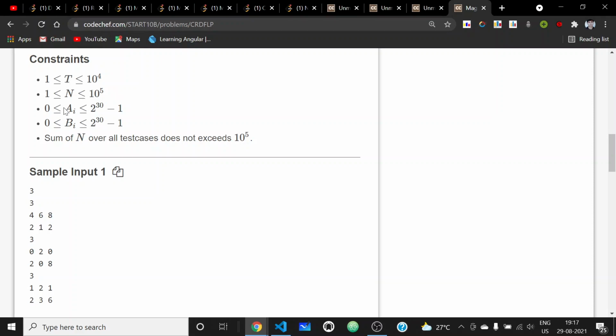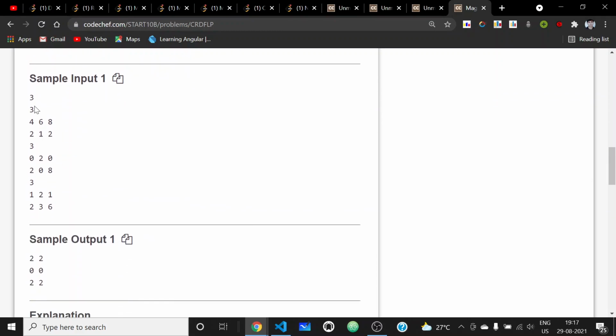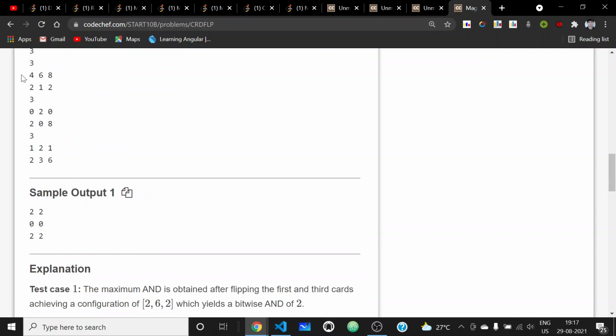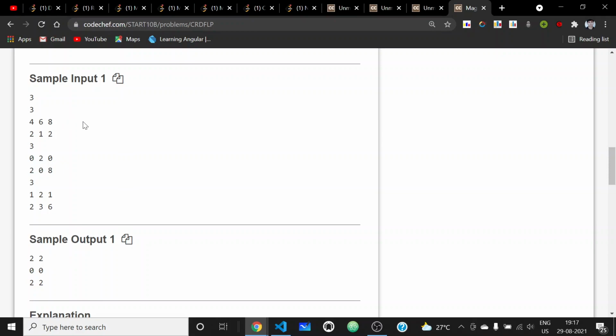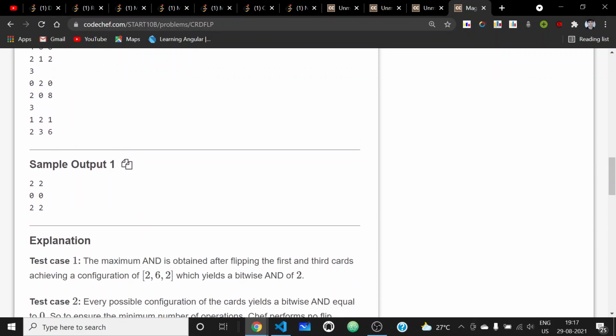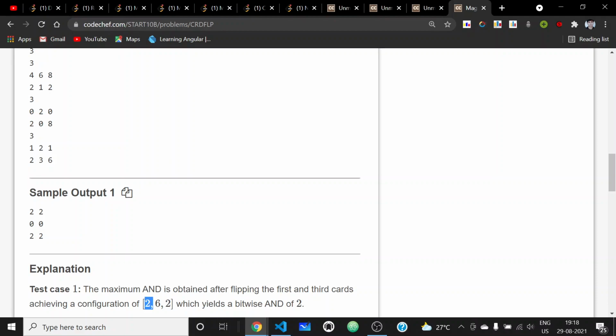So we can see that the elements present can be stored in 31 bits, or also in a 30 bit number. So let us take a look at sample input one. Here the maximum bitwise AND possible is 2, and it will be possible if we flip the first card, keep the second card the same, and flip the third card.